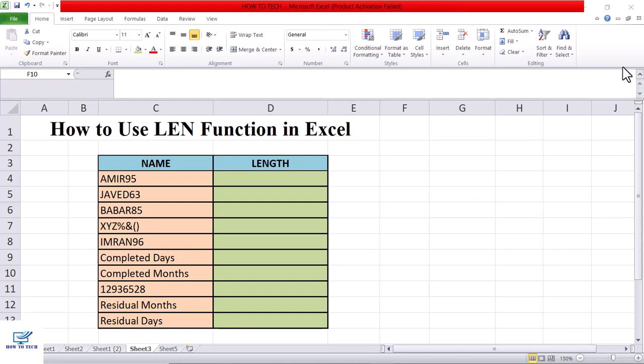In this video, you are going to learn how to use LEN function in Excel. LEN function is used to count the character in the cell. For example, here we have taken some data in different cells and we will count how many characters are there